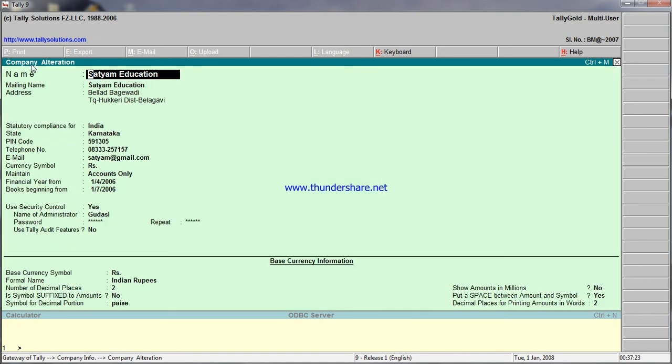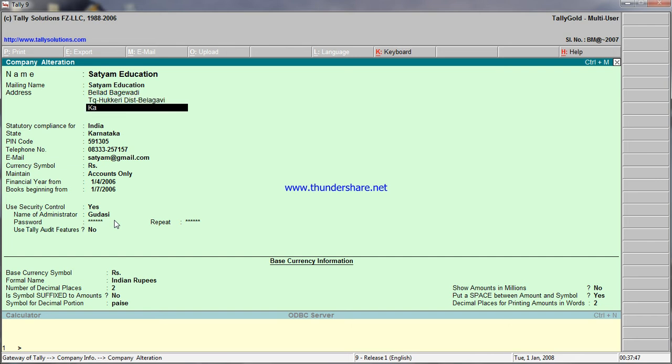See, the company alteration screen is displayed. Here you have to make the necessary changes. I have already filled in all the details when creating the company. Now I would like to make certain changes. Just press the enter key and make the change.